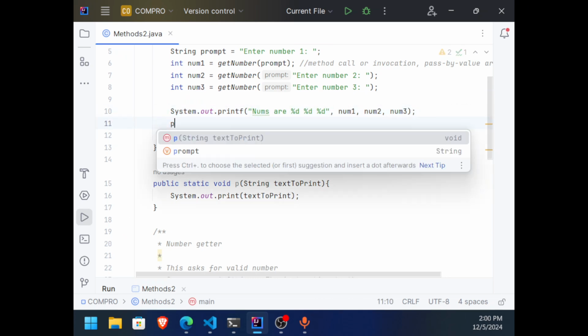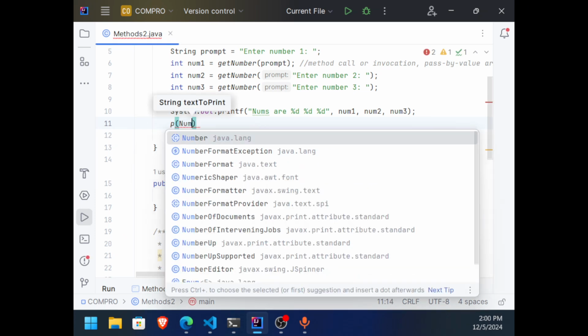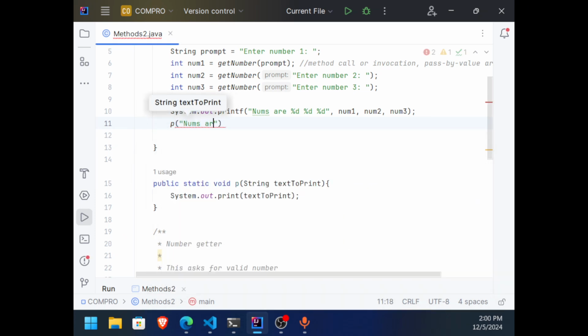I can just say P, and then the text that I want to print, then I can say nums are, class, num1 plus space plus num2 plus space, and then plus num3. Okay?